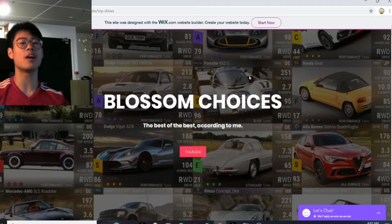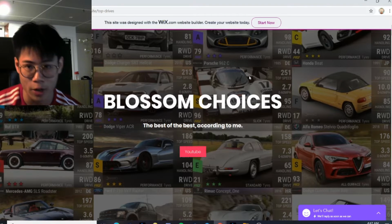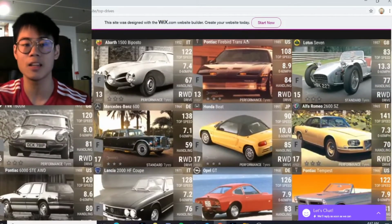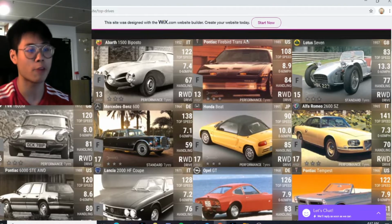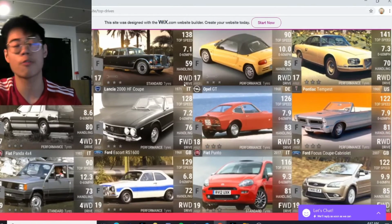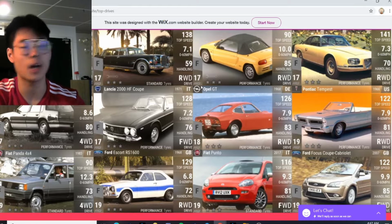But today, we're going to talk about Blossom Choices. Best of the best according to me. On this website, I have selected 16 cars from each rarity. I think that these cars are the best in their class and the best in the rarity. The funny thing was, when I was sourcing for cars which I thought were best of the best, when it came to commons, uncommons,